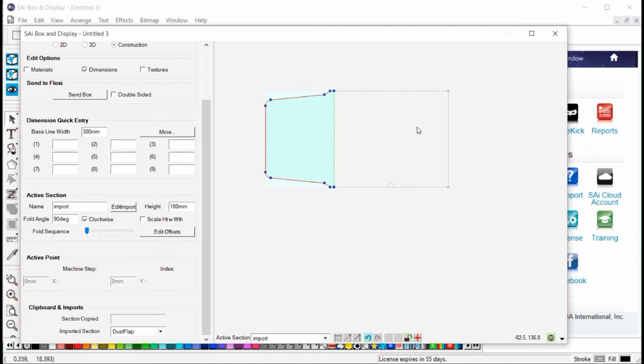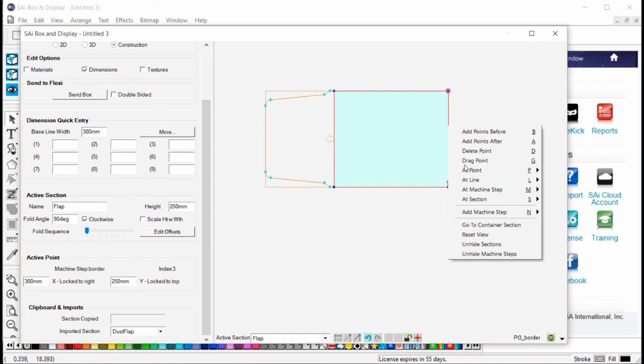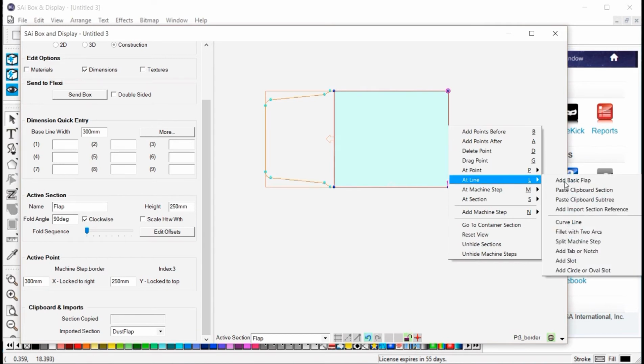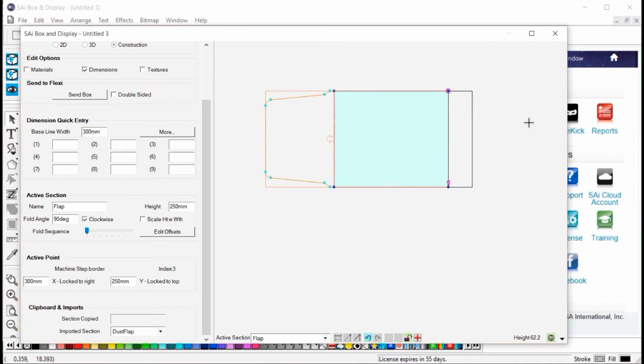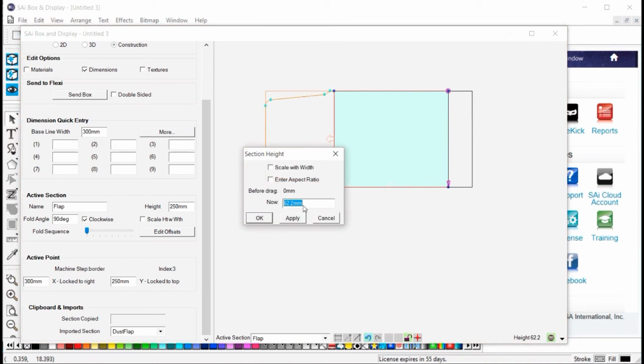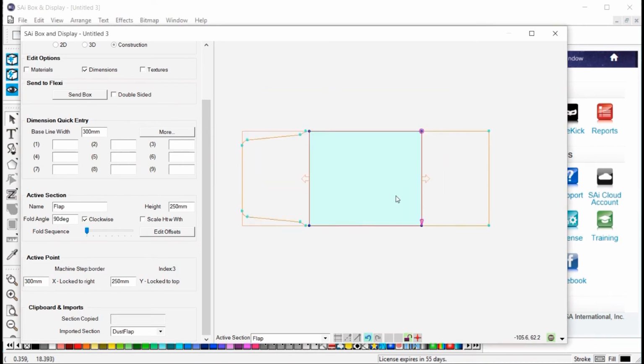So what I'm going to do here is add another flap on this side, and I'm going to right click on that line, choose just a basic flap, and I'm going to set it to be 180 using my precision input. And so I'm going to reference off of this one on this side, and